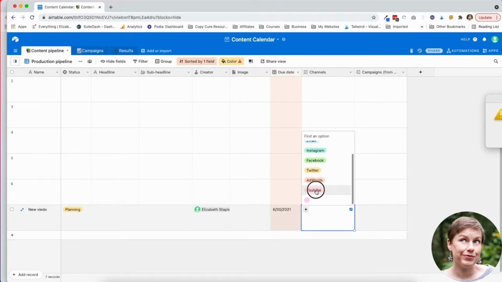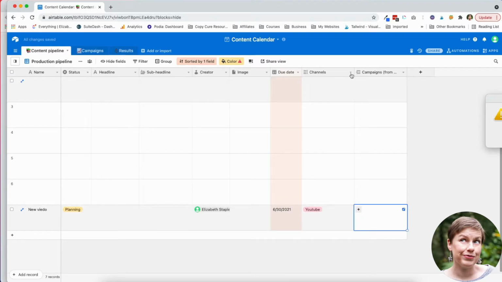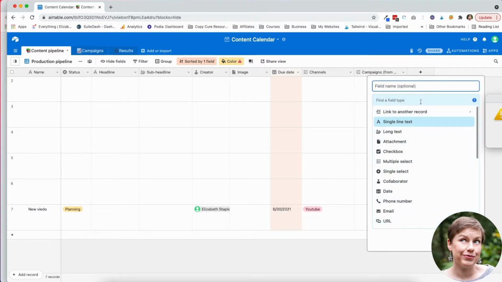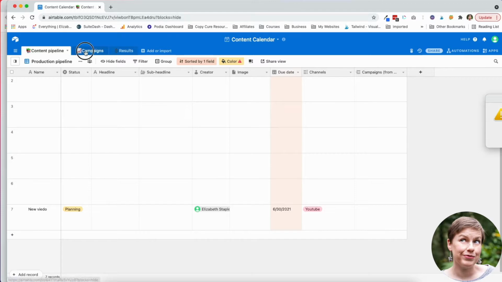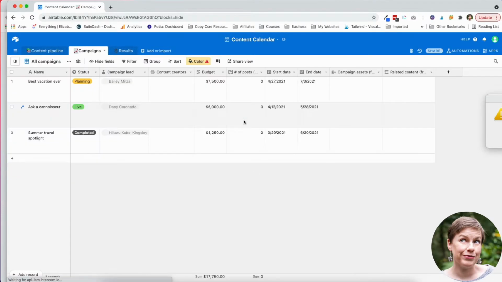So now I can click on YouTube, okay? And then this one's actually linking to this other sheet. And it's kind of nice because you can obviously do this in spreadsheets, whether you're using Google Sheets or Excel or something, but it's so much easier, right? So if I just wanted to go here and say I want to link to another record, then I just select the table. You don't have to figure out whatever formula it is, which I find nice.